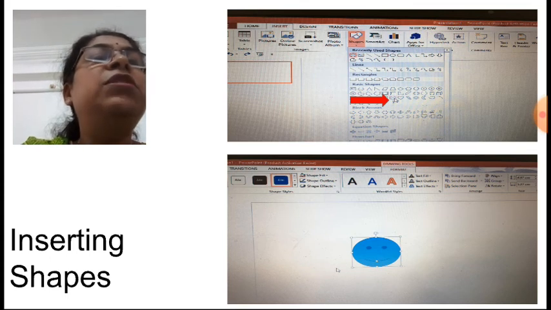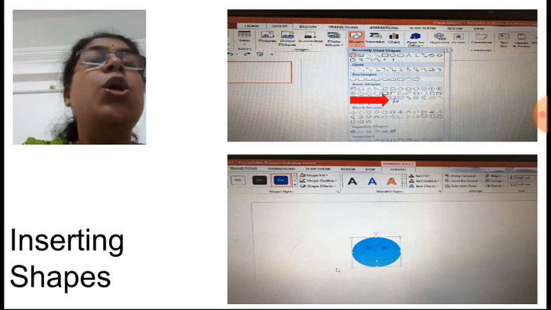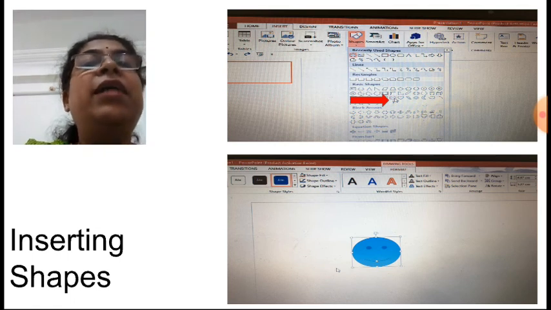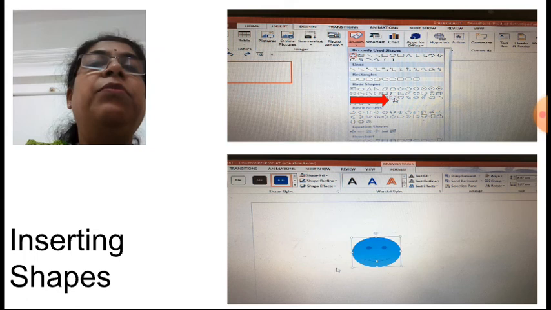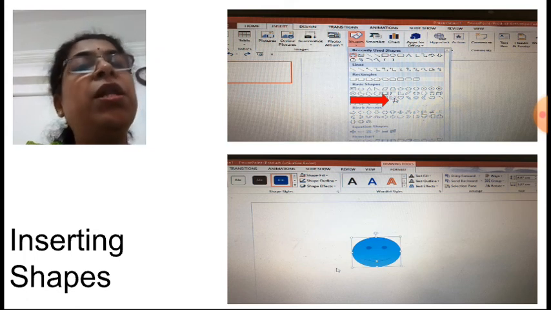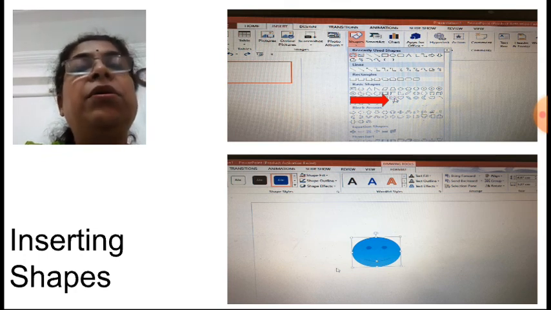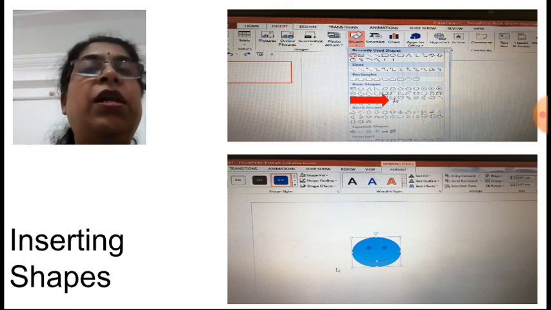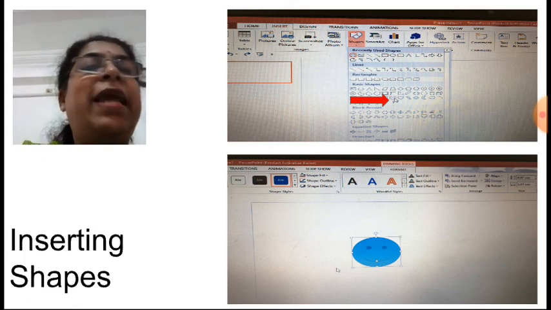In the first screen it is shown, see, a drop-down menu pops up. In that, many shapes are displayed under different headings. Out of that, select any shape, then bring your cursor on the slide and there expand the shape. Suppose it is a filled shape, you can change the color of the shape also, or there is an option not to fill the color, and only the outline you can get.